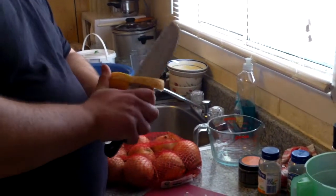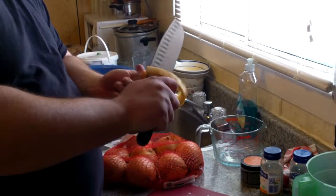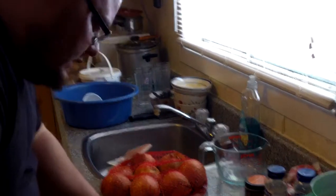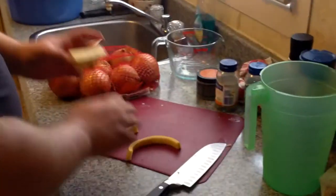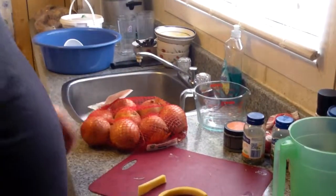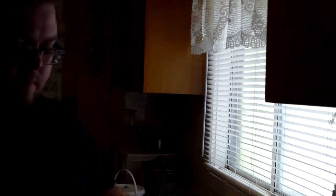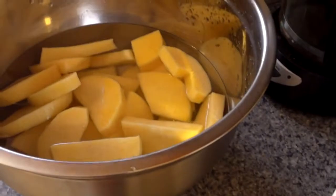But we usually like to, well, you'll see it a little bit later anyways, but we mash our turnip up with, oh, there's some stem right there. We usually mash our turnip up with butter and pepper, and if it's really bitter, we'll add some sugar so it becomes a little sweeter. But as you can see, I've got all my turnip done here right now. It looks like a nice bit of turnip. So next, I'm going to be working on